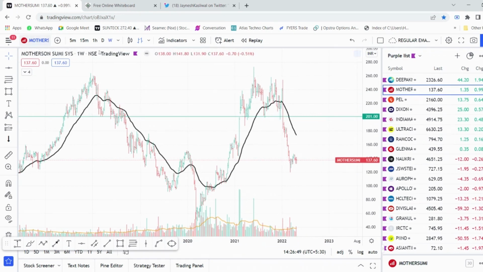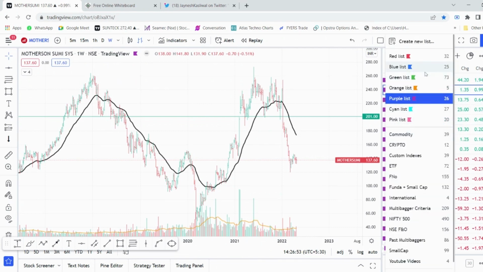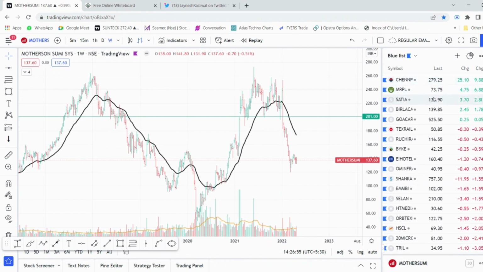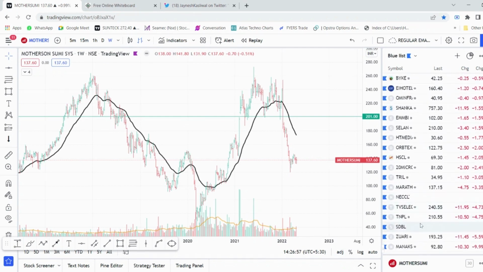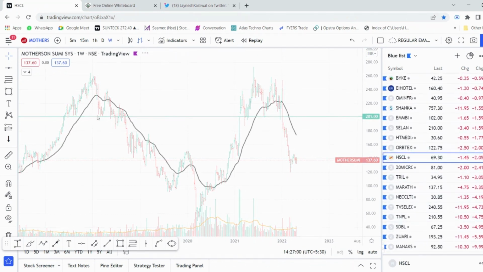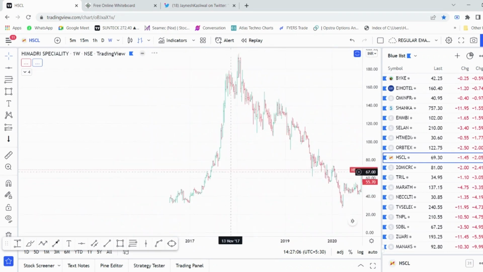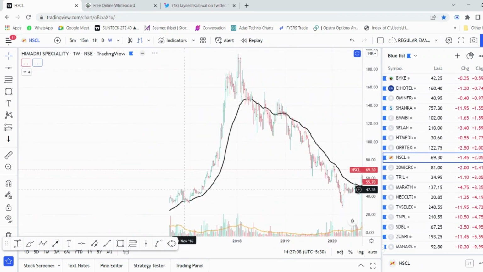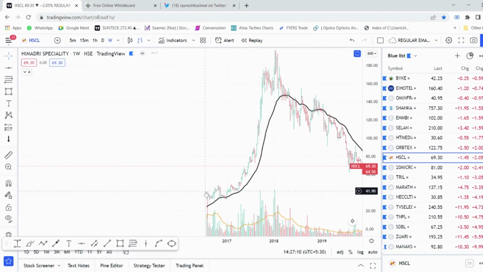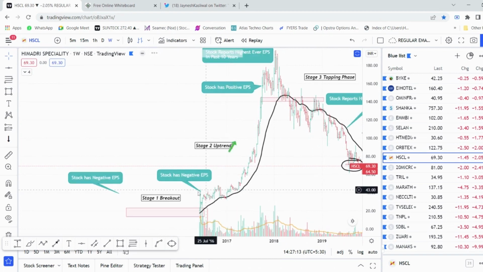So for example, let us now check the chart of some good stocks where the stock has emerged out of the 30-week moving average, and how you can ride the trend using the same, right? So HSCL, if we look at the chart of HSCL, as it is one of the recent stocks that everyone is tracking. Now in this case, as you can see, the stock has given us a stage 1 breakout at around